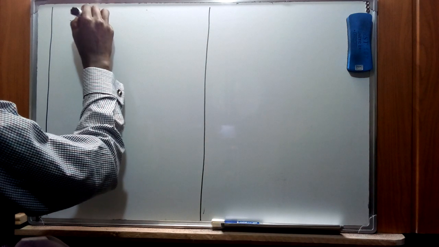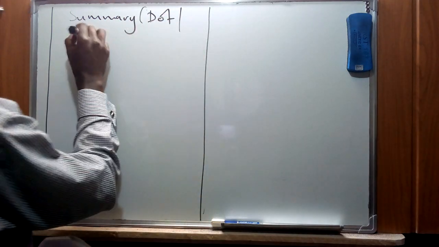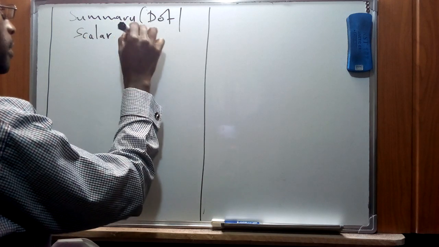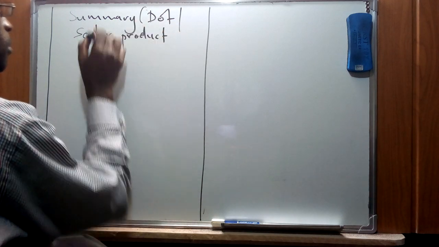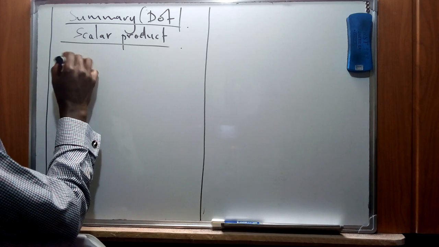So as I've mentioned, today's topic is going to be basically a summary of all the concepts that we have discussed in the dot or scalar products. And this is going to assist us in case maybe we need to apply a concept in conjunction with another one. And that is going to assist us, of course, in solving some of the problems that we may come across. So basically we say that a scalar or dot product of two vectors